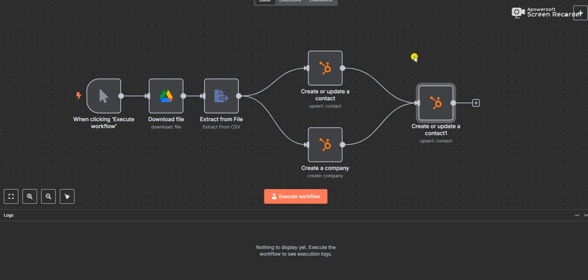We can also improve this in a way where, when we import more contacts, we check if the relevant company of that contact already exists in HubSpot, so we do not have to create a new company for that contact. Instead, we can just assign that company and update the contact with the relevant company. So there are a lot more alterations or modifications we can do, but this is a very basic workflow